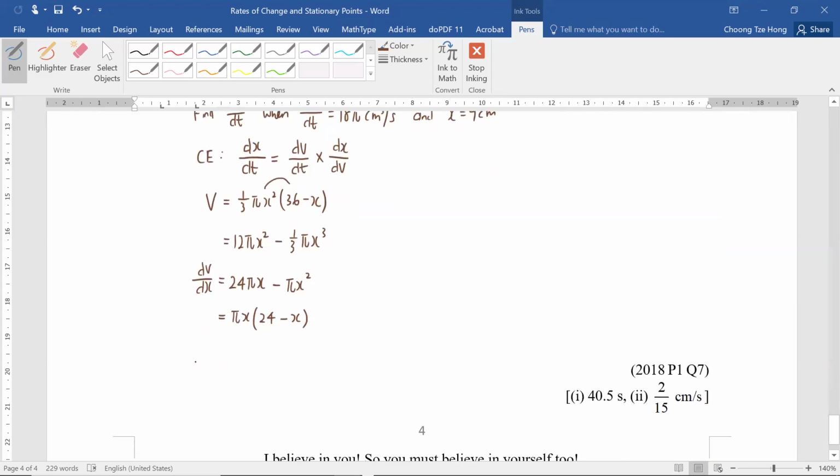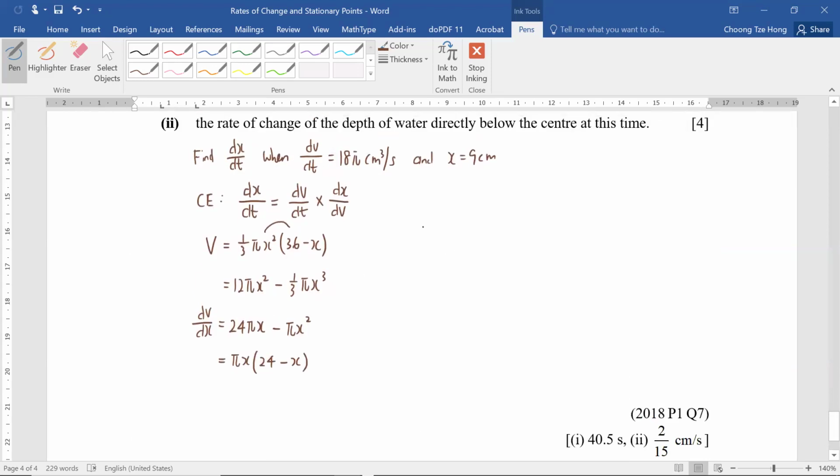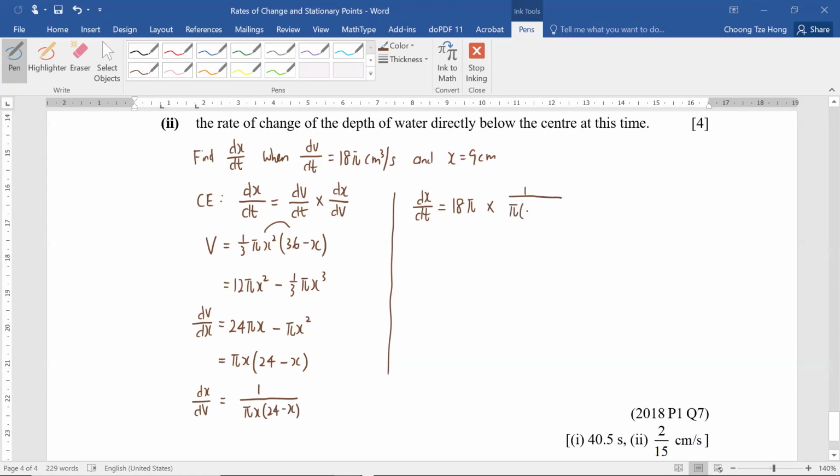Now that we know dV/dx, we can put everything into the connected equation. Let's do the working here. The connected equation is dx/dt equals dV/dt, which is 18 pi, multiplied by dx/dV. dV/dx is this, so for dx/dV, all you need to do is just invert it. So you get this, multiplied by 1 over pi. Now x is 9. If we put 9 here, then 24 minus 9. So you get 18 pi